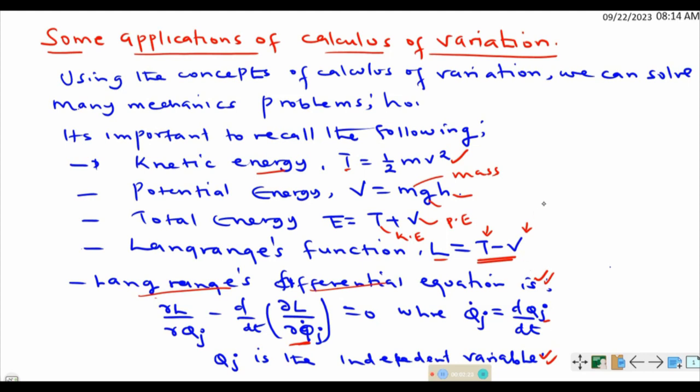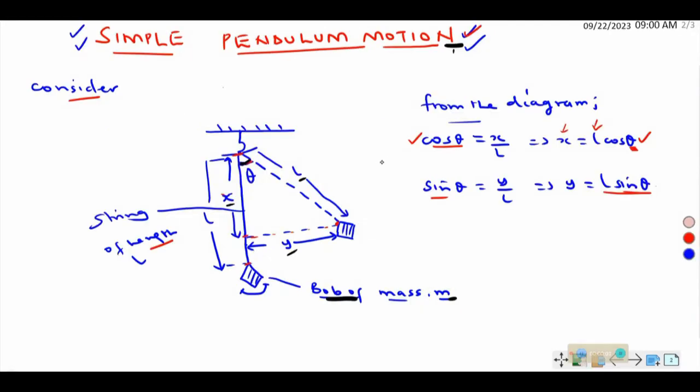So basically, with all these, we shall be able to look at some of the mechanics problems that can be solved. Let us now swim into some of the applications. To begin with, we have what we call the simple pendulum motion. We shall consider a string of length L, where at the end of the string we are attaching a bob of